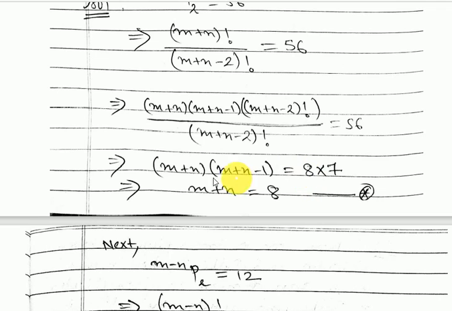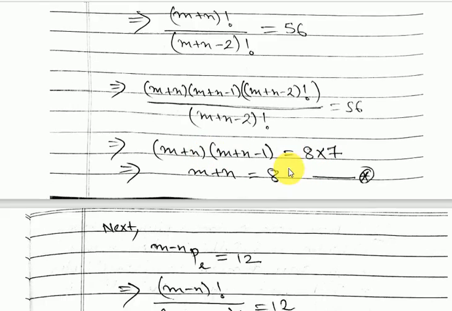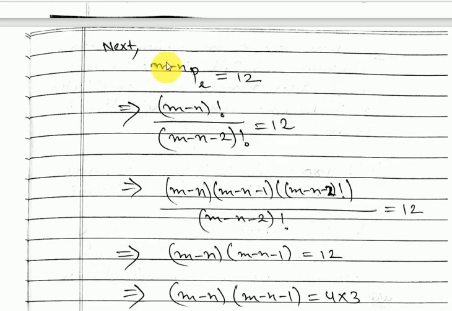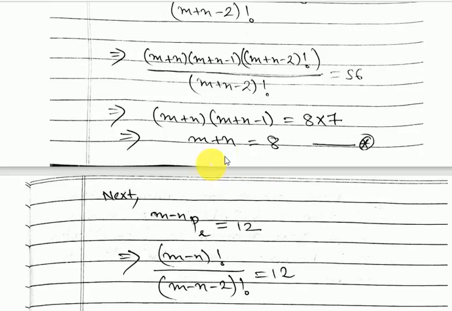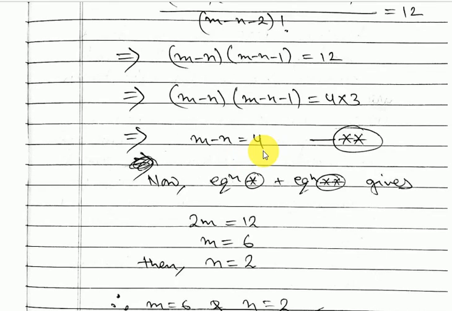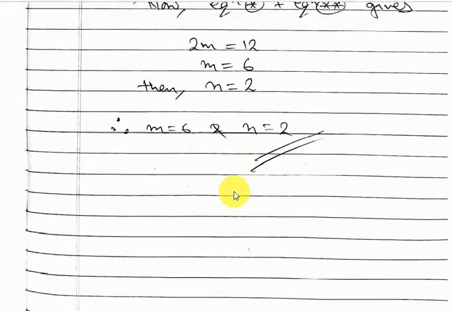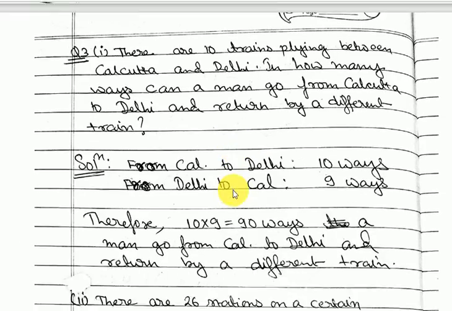So you can make out that m plus n is nothing but 8, so you got m plus n. In the same way you solve this and you will get the value of m minus n. So you have got m plus n, you have got m minus n. So solve these two equations, you will get the value of m and n. Next question is,